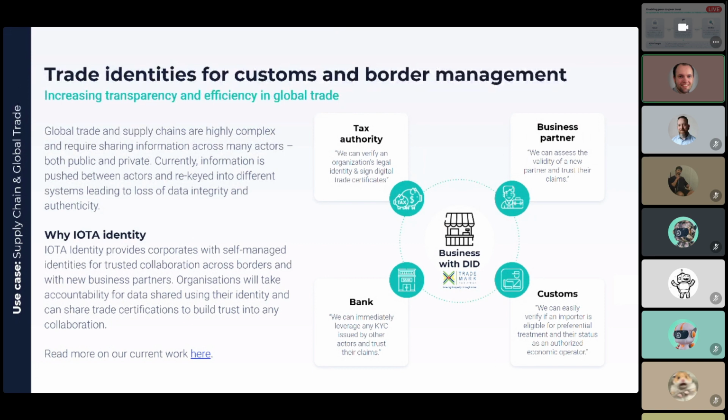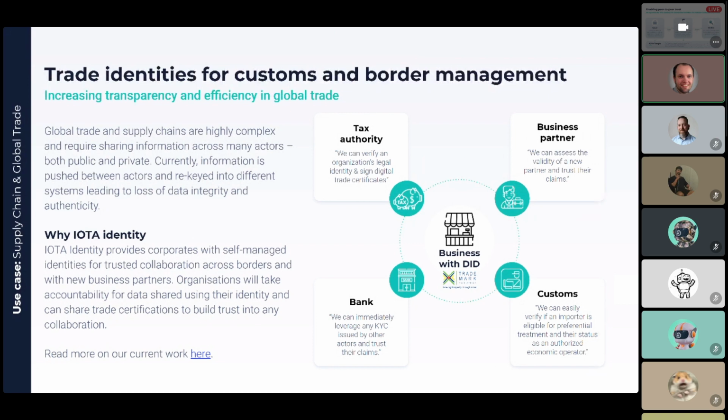One of the projects that we have at the IOTA Foundation is Trademark East Africa, where goods are tracked all the way from East Africa towards Europe, and at every stage, these products have a kind of digital passport where they can have their own identity with their own verifiable credentials to prove that they are allowed to go through customs, and they prove the origin, and you can attach IoT data to this and things like that.